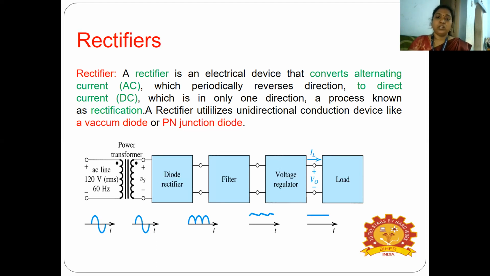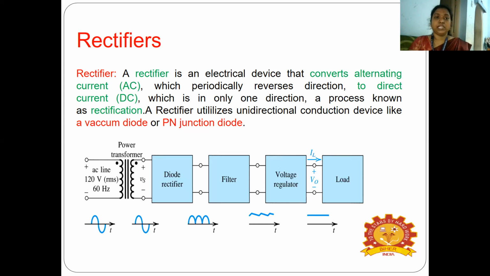For the voltage regulator you can also use a Zener diode. We have various types depending upon the line connections. For example, for the filter you can use a capacitor, because we know that a capacitor is used as a filter to remove the unwanted noises. And finally, after the voltage regulator, you are getting a pure DC signal from the incoming AC signal.